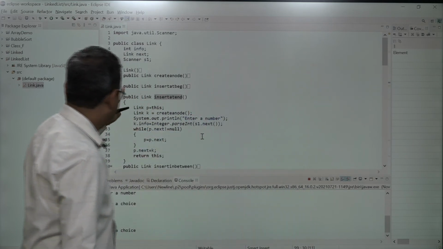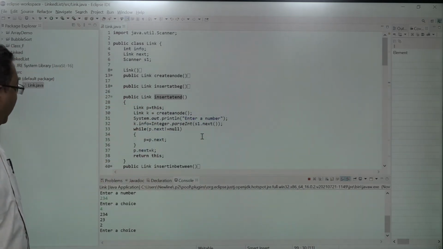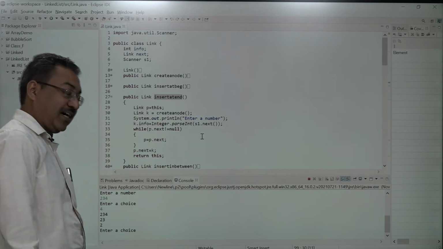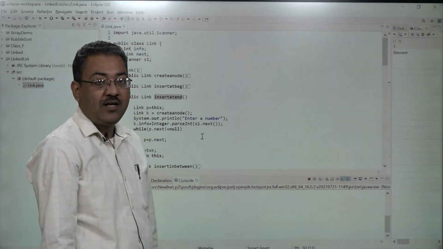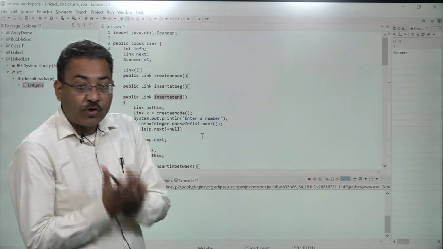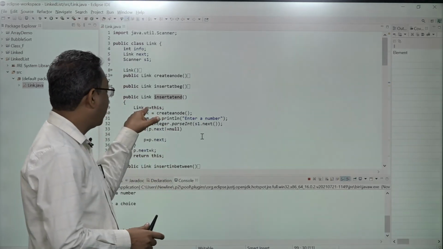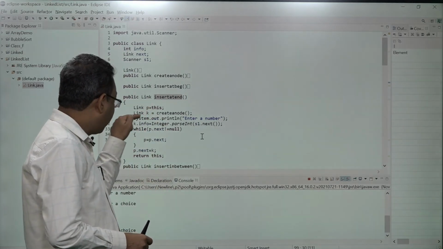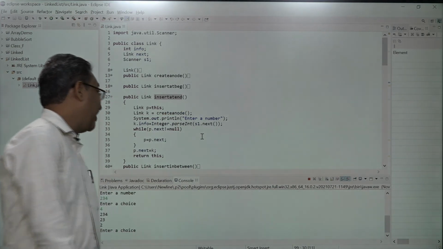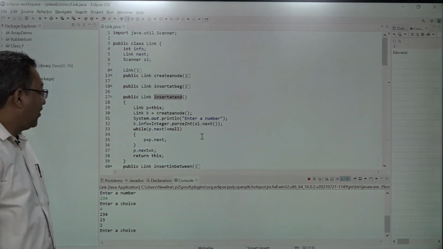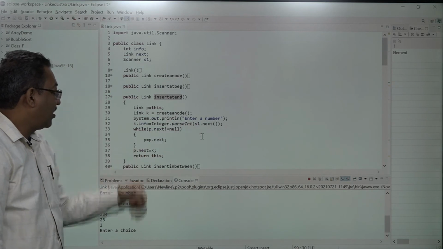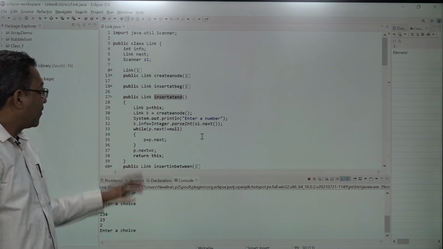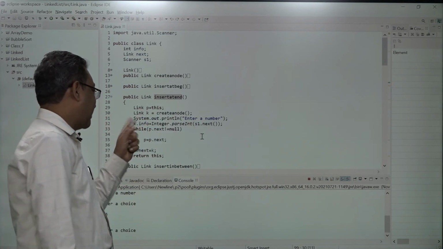This one is insert at end. What I have done, link P equal to this. I cannot make any modification to the invoking object, so I have created a temporary, that is P. I have created a new node, of course, K, using the function create a node and initialize it with the information, and then I have not initialized its next part.